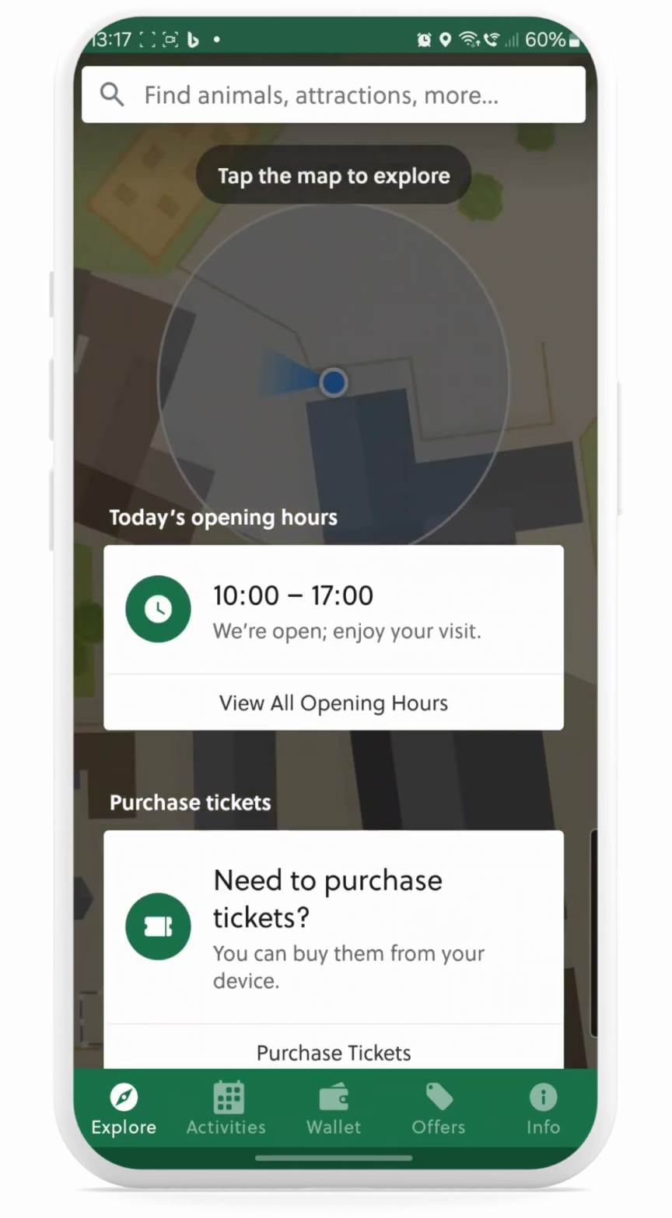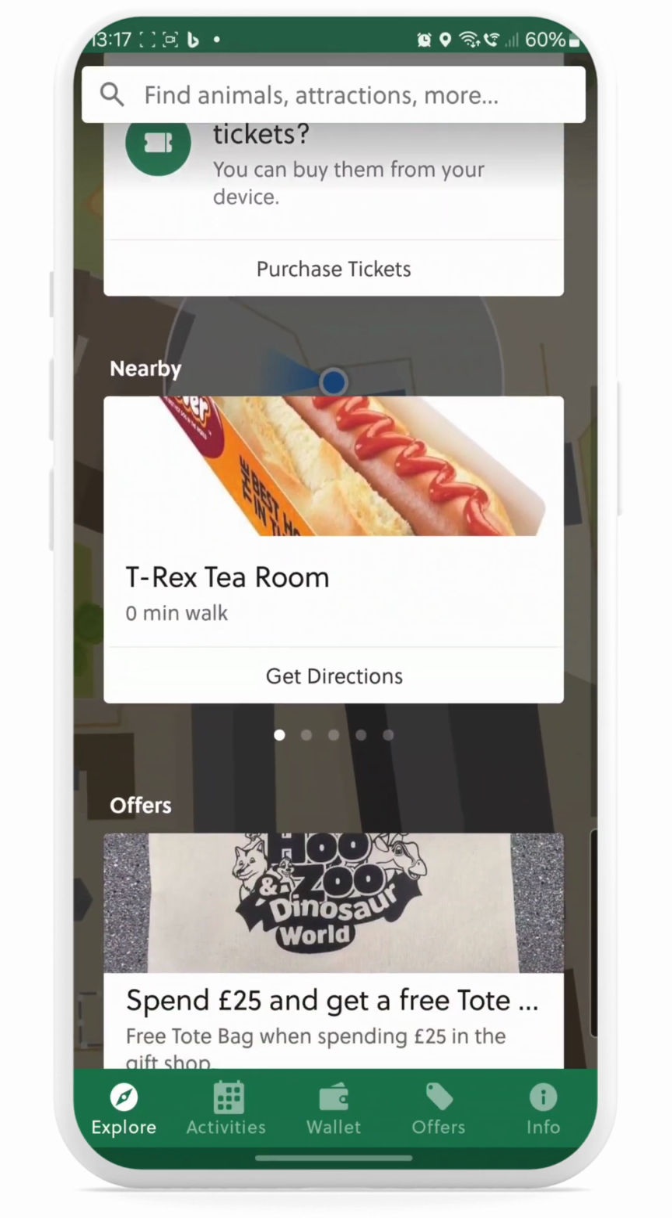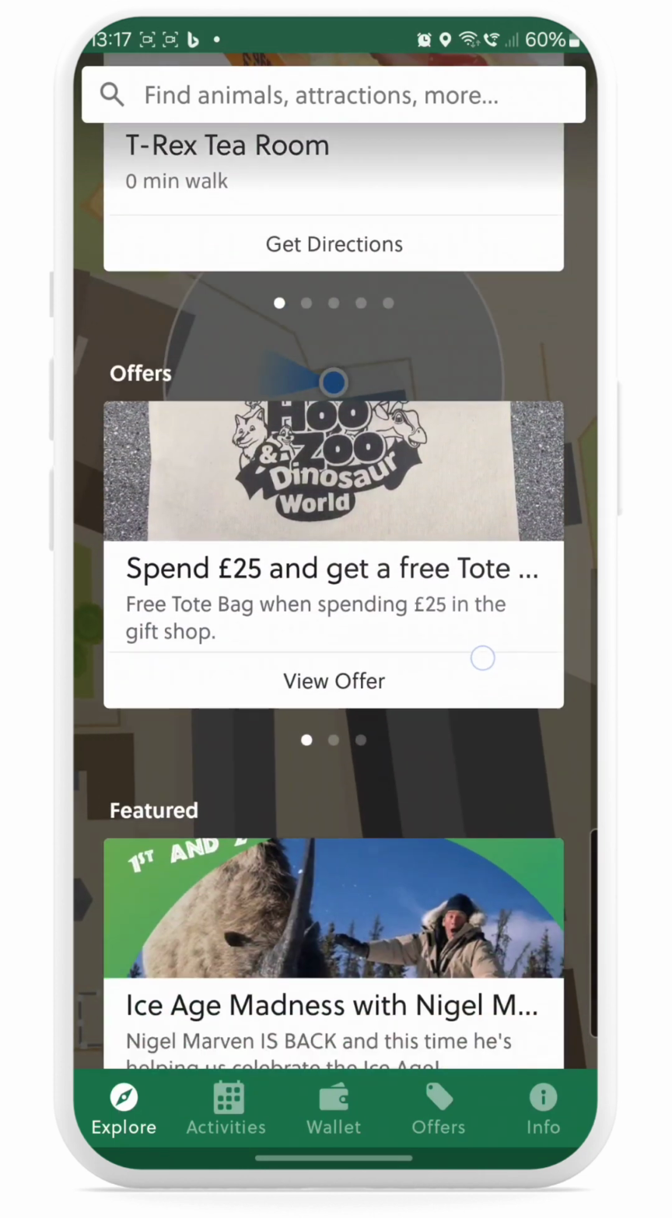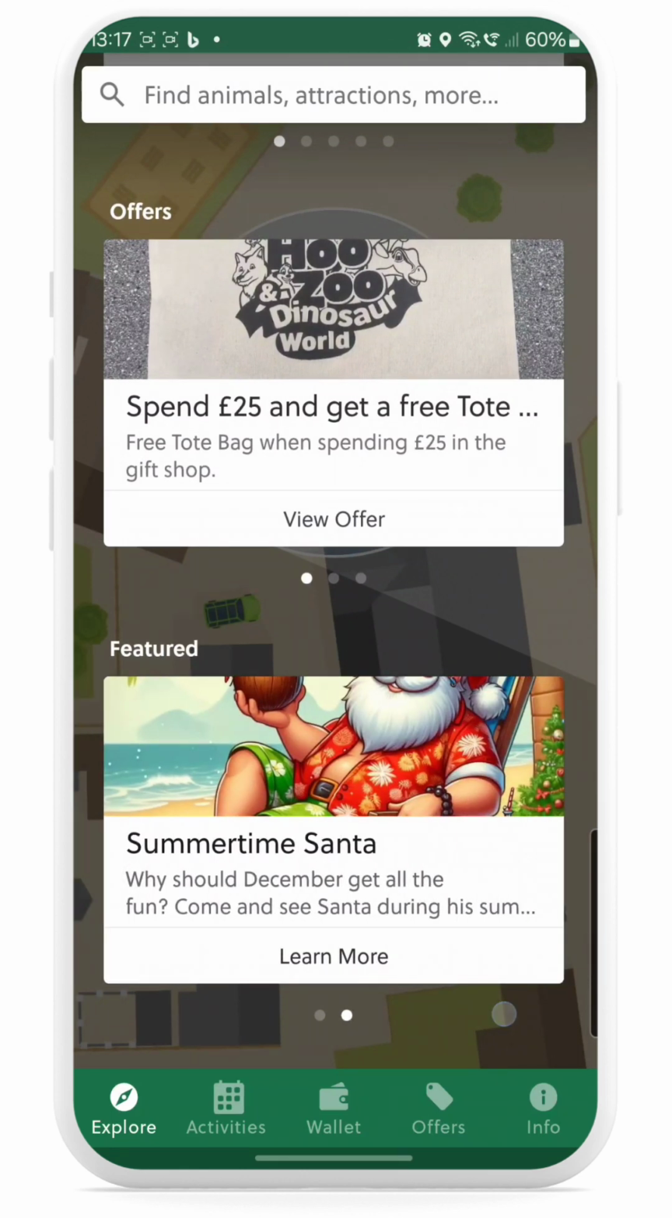Now, there's a couple of other things that the app is really handy for. First things first, it brings these up, shows you what's nearby, shows you what specials offers on, and some featured events that we might have coming up soon. But what you can do as well